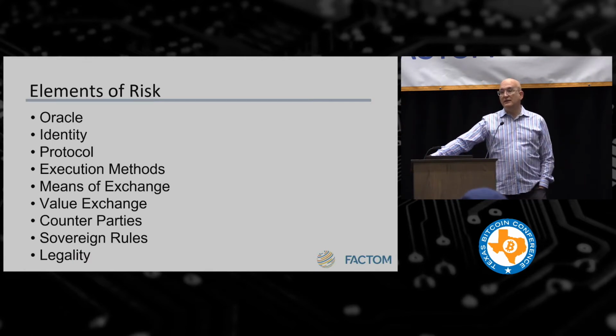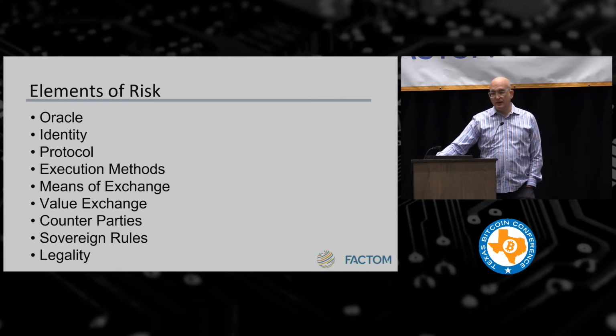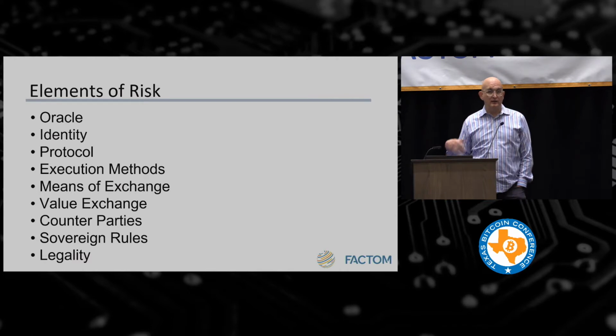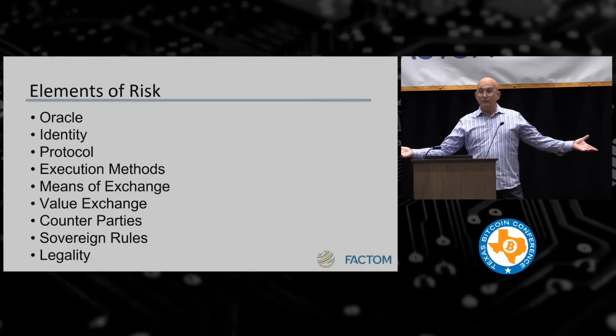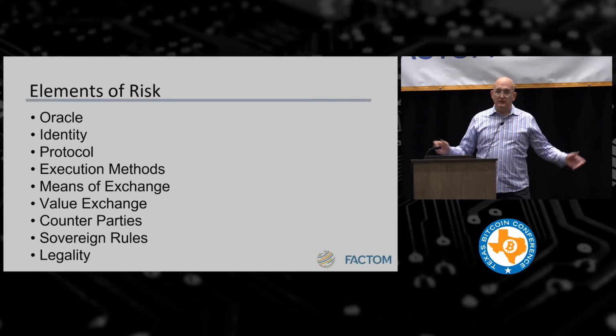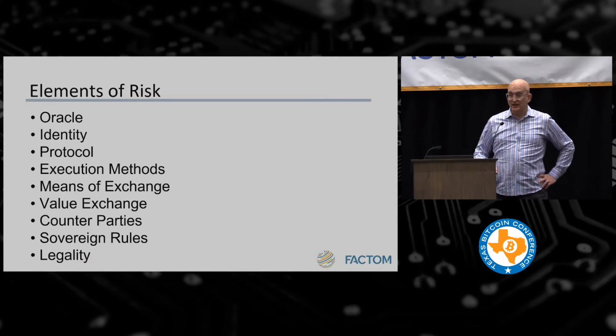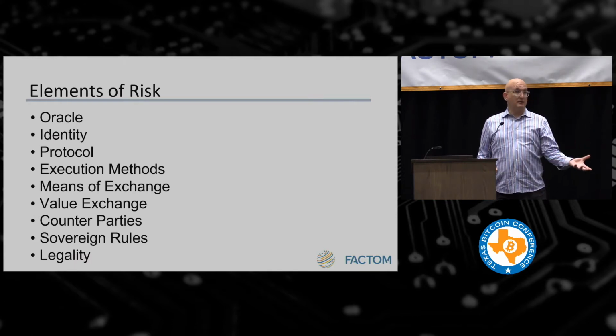We've all seen that there are countries around the world who are changing their rules to be much more restrictive. I think South Korea is kind of getting through this. Japan has kind of come through this. China is wrestling with this issue. Malta has, on the other hand, said, we embrace it. So if we start a smart contract, and let's say it's a multi-year smart contract or even a multi-month smart contract, what happens if the sovereignty of the point of legality changes and something becomes illegal or something is more regulated than it was before?